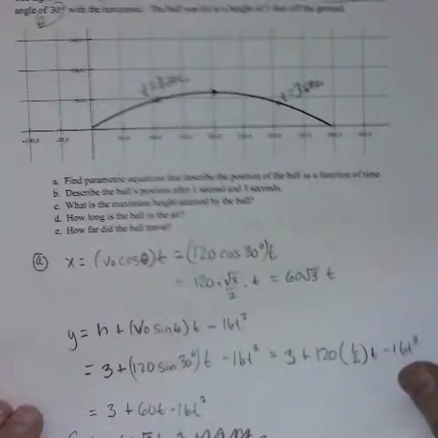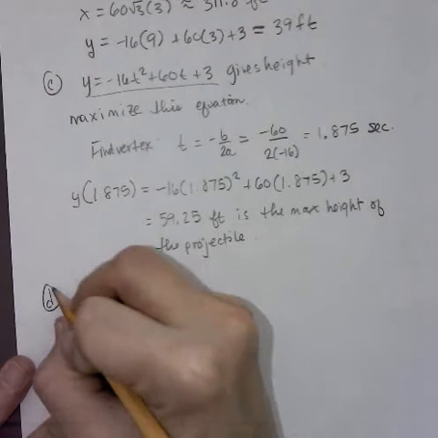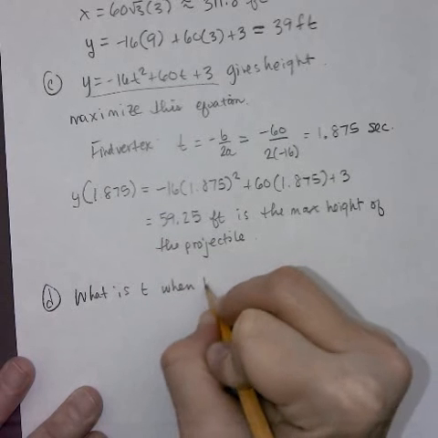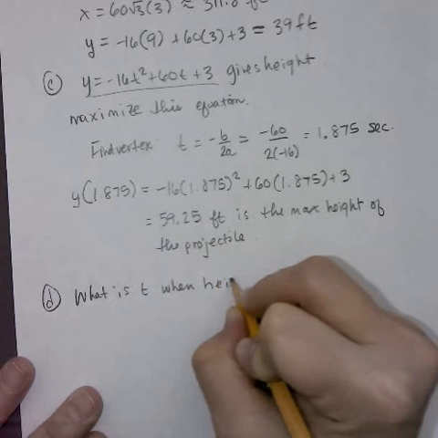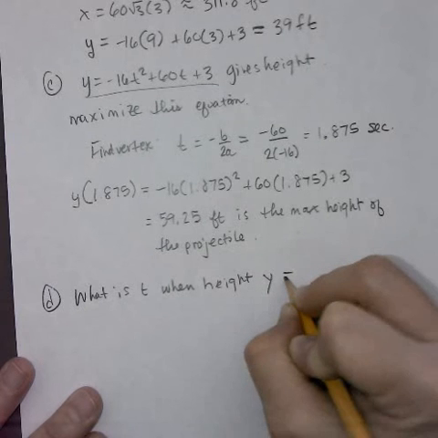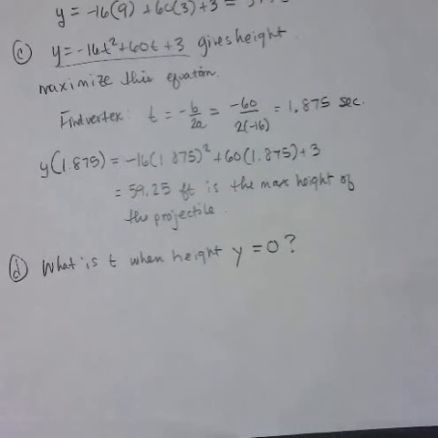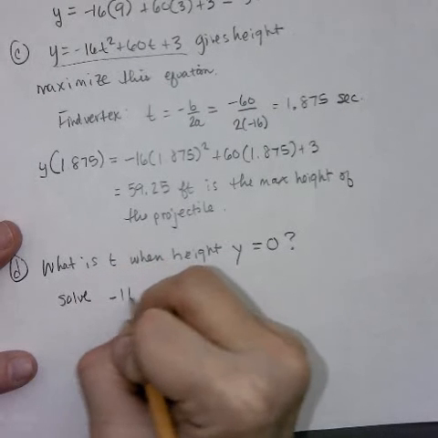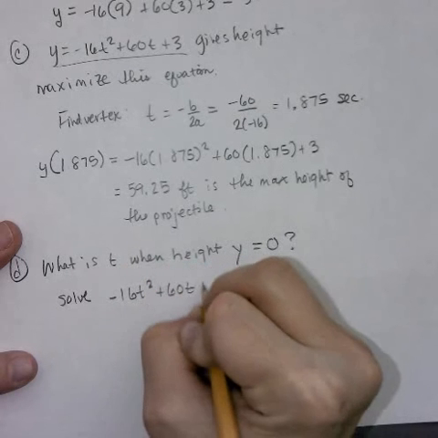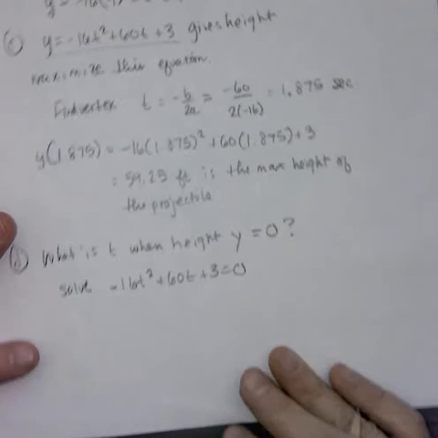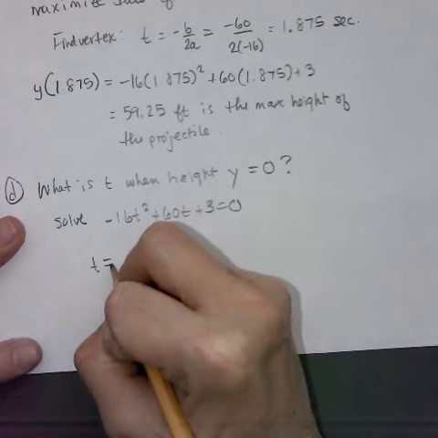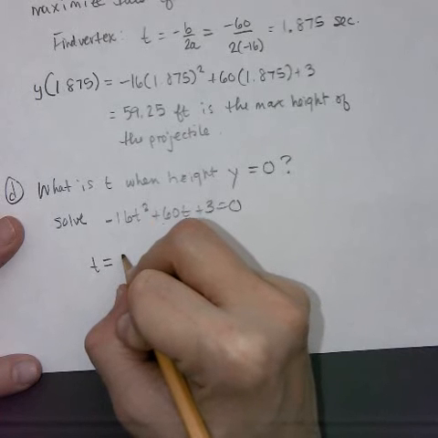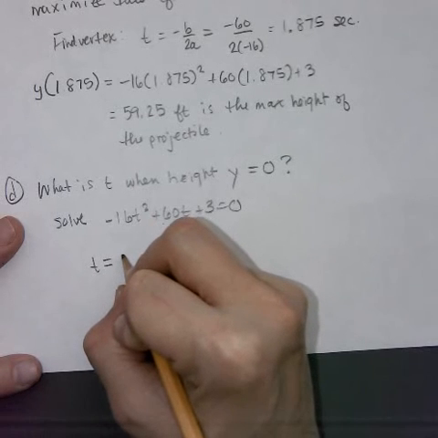So for D, what is t when h, our height, which is y, equals 0? So this means we need to solve the quadratic equation, negative 16t squared plus 60t plus 3 equals 0. And I'll use the quadratic formula. T equals negative b would be